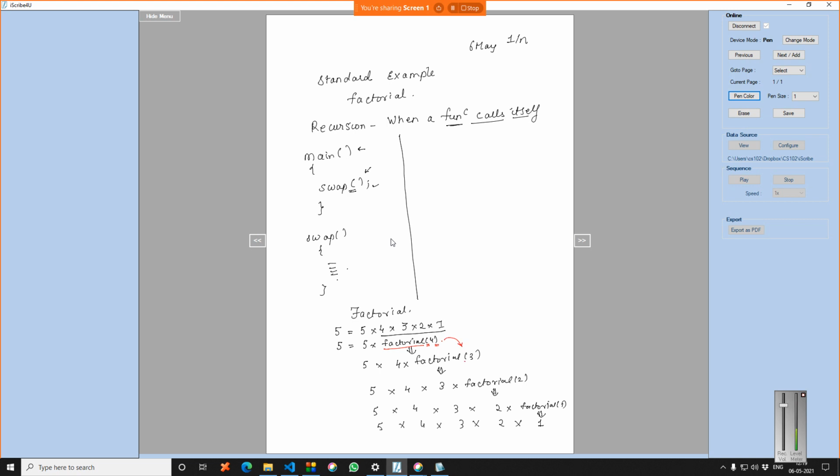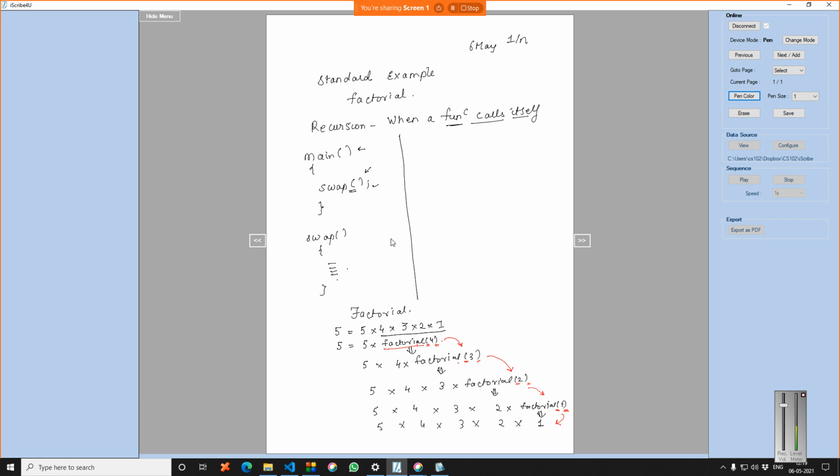Again, factorial of 3 is calling factorial of 2. Again it's a function. So you can see the same factorial function is calling a factorial function, then again a factorial function, and then finally we exit at a particular point, because we know that the last value of the function is 1. Factorial of 1 or 0 is 1, right?